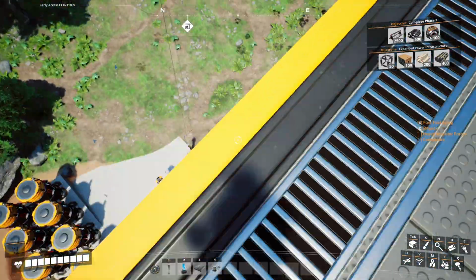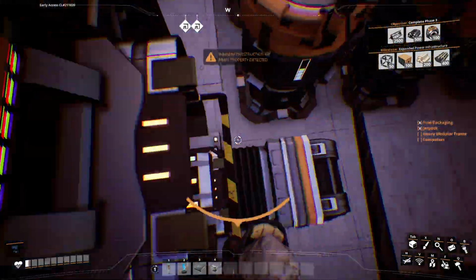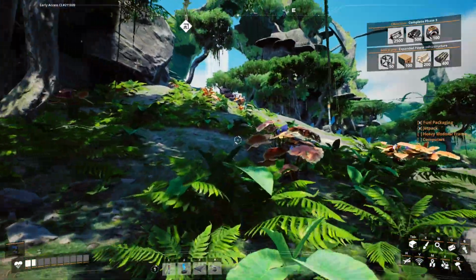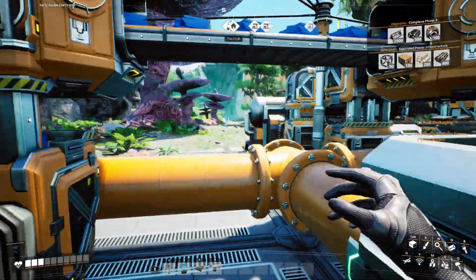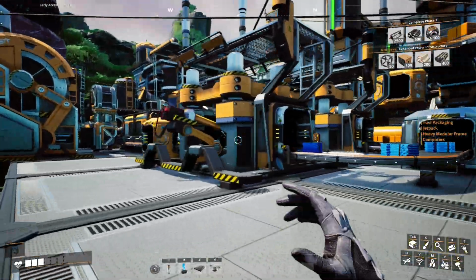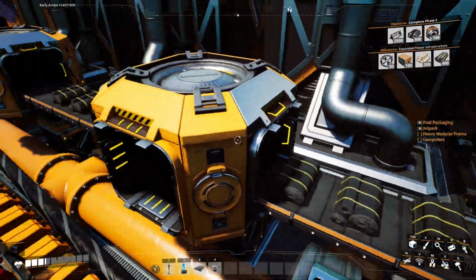So what I'm gonna do, I'm gonna go over to our plastic real quick. Figure out how much... Oh, that was a mistake. Ow. Okay, so I'm gonna figure out how much plastic we're making. Okay, so we got 4 of these going, so they're making 20 each, so that's 80. 40 is going into here. I'll be honest, I do not need this much rubber. So what I'm gonna do...